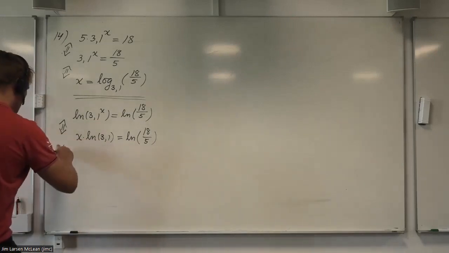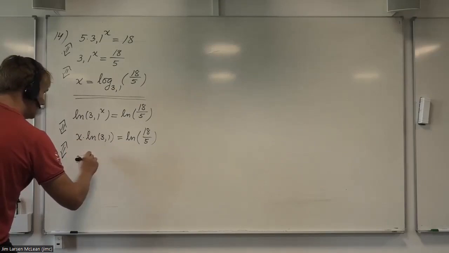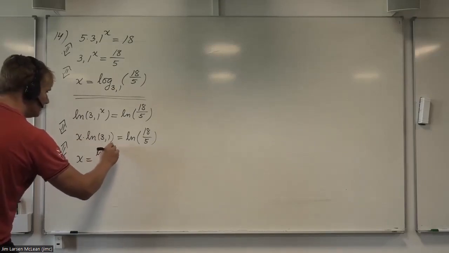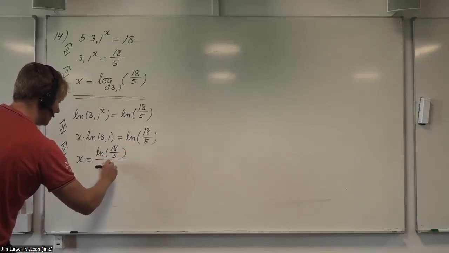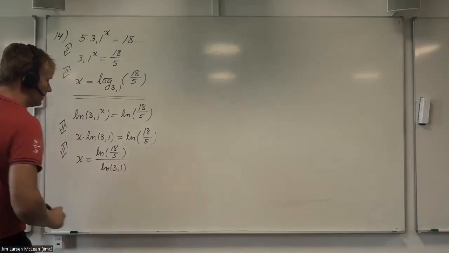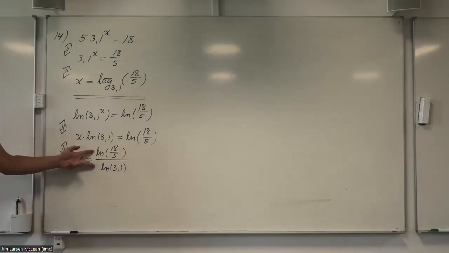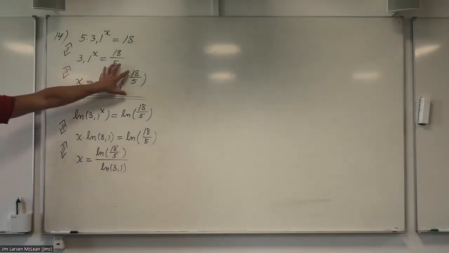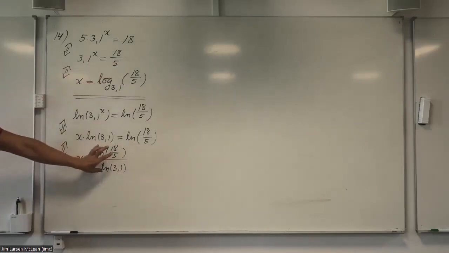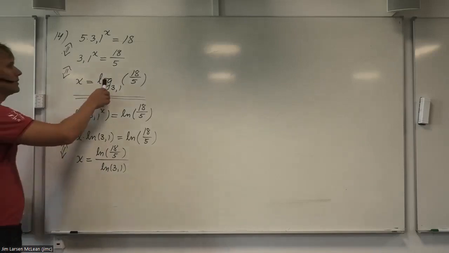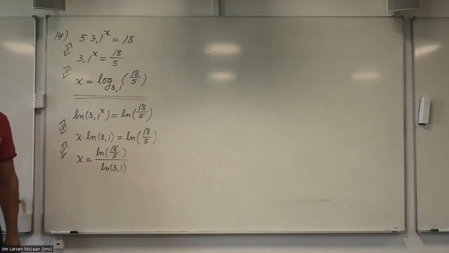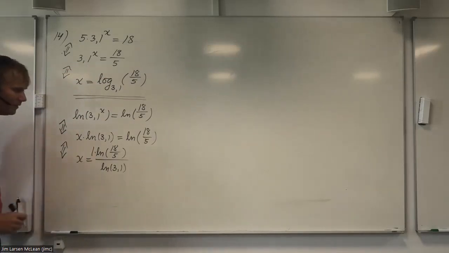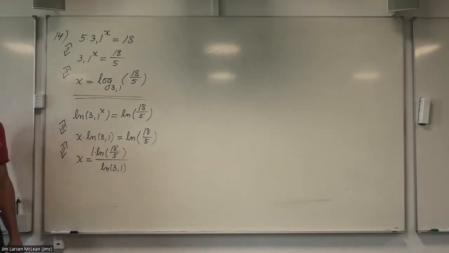So x equals the natural log of 18.5 over the natural log of 3.1. So if x equals that, and x also equals that, then that must be the same number as that. Can you see it? So what's the difference between taking the base 3.1 logarithm of 18.5 and taking the natural log of 18.5? What's the difference? The difference is just a factor of 1 over the natural log of 3.1. This is a factor,